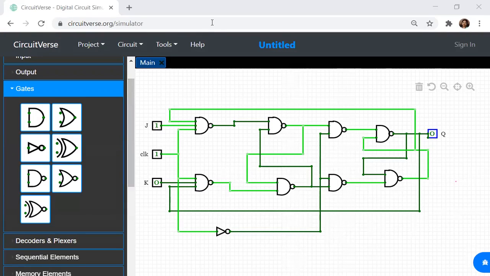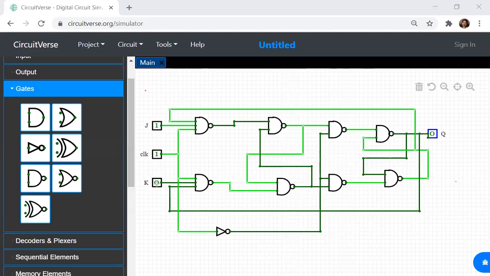Now when J is equal to 1, K is equal to 0. According to the function table, I was given clock is equal to 1, but this is the positive edge of the clock, this will be the negative edge of the clock. Or this is during the positive cycle of the clock, negative cycle of the clock. Master will work during the positive cycle, your slave will work during the negative cycle. Now what we will do, this is the master I told, this part is the master, and from here we have the slave. Now J is 1, K is 0, I have given one example over here.